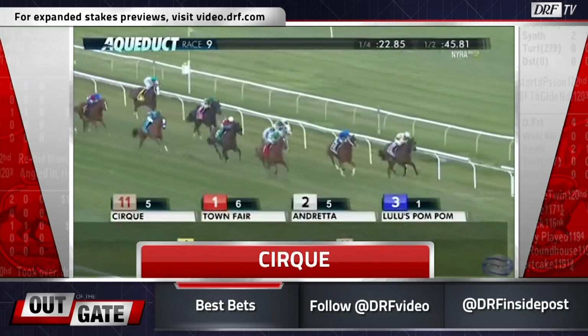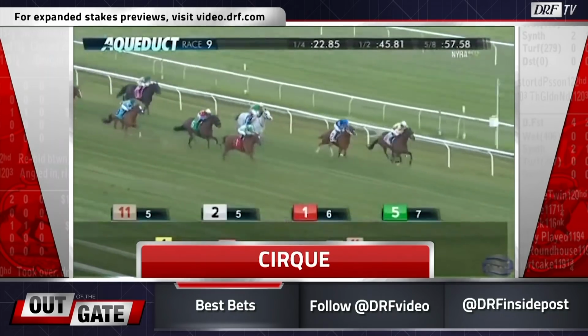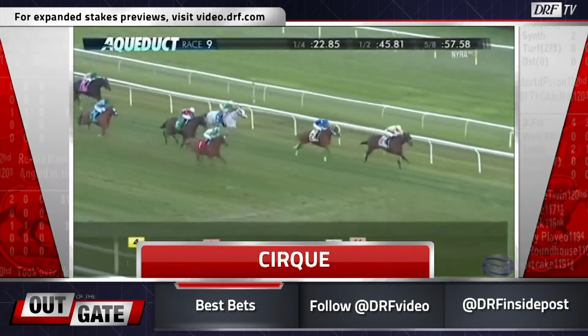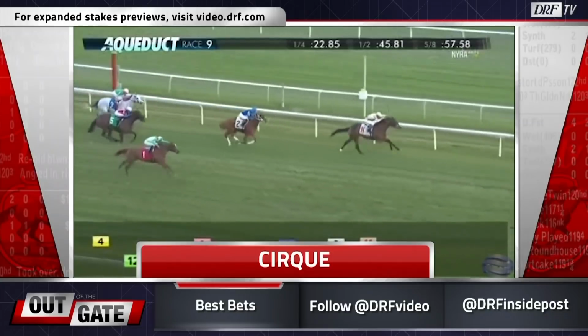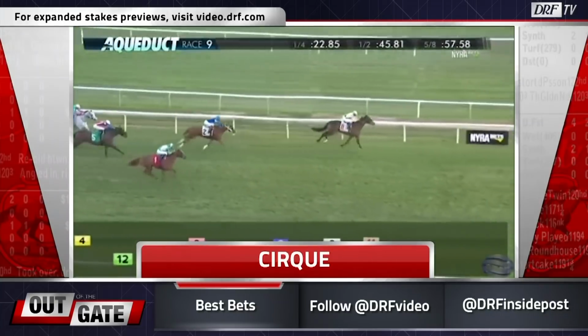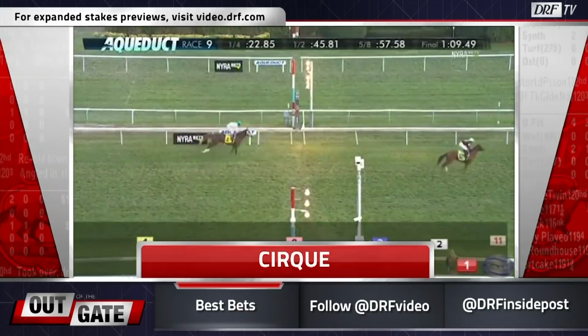Very lightly raced. She came off the layoff last time. Did not get the right trip. They didn't use her speed. She got all jammed up behind the leaders in the race and had to steady out of the race on the turn, and it was over for her from there. Second off the layoff now. Second time Lasix in a race without a ton of speed, and she's drawn outside and 15-1 on the morning line. I'm going to take a